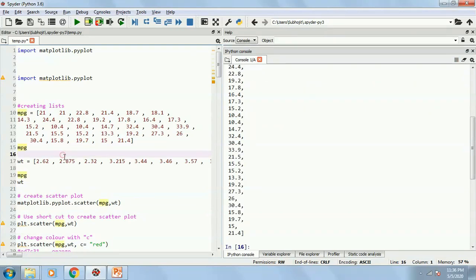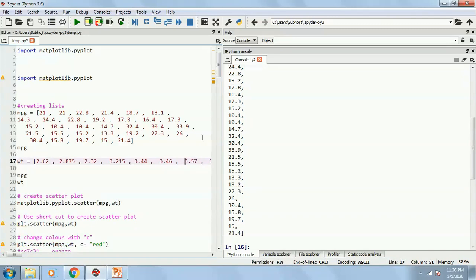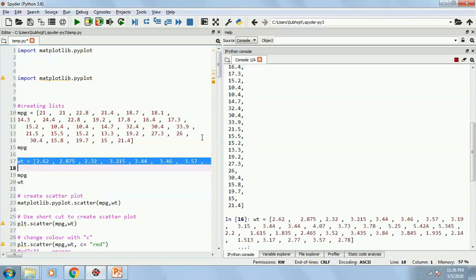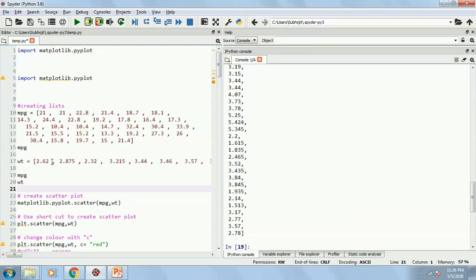and then I also have the respective weights of all these cars, which I have written as weight. You can either indent these codes by pressing the enter button so that it fits into the screen, or you can continue writing it on the same line. Both ways it works, no problem. Okay, so I have two different variables, miles per gallon and weight. Now what I want to do is create a scatter plot.